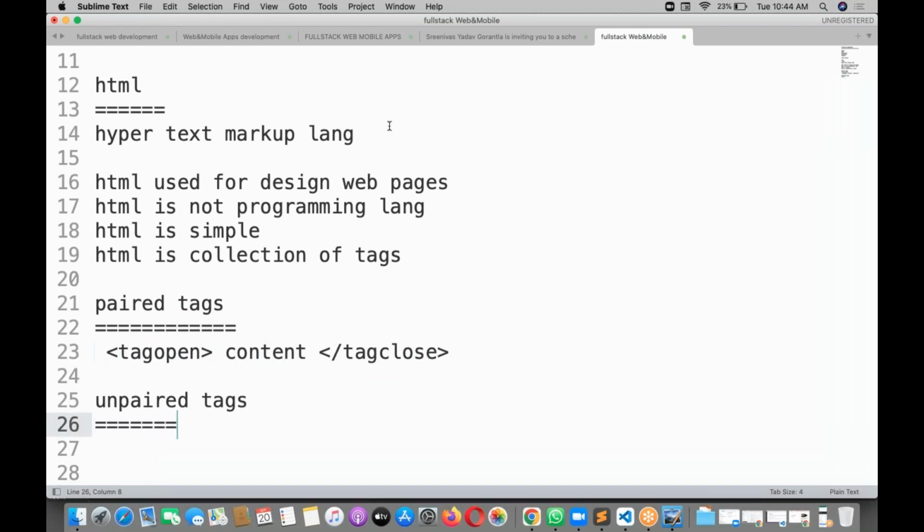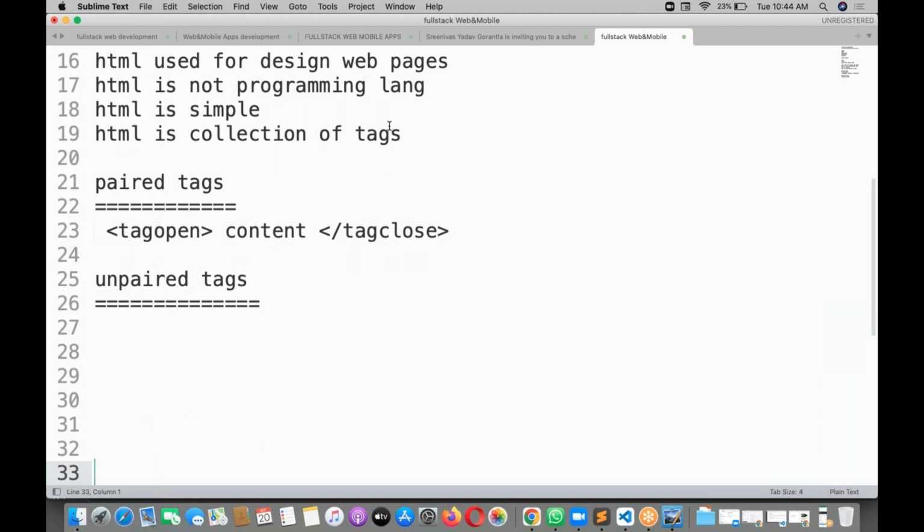There are some unpaired tags also available. What are the different kinds of unpaired tags? I will tell you now. Something like a break tag, an HR tag, an IMG tag, a link tag. These are the different kinds of unpaired tags. And the paired tags? Something like paragraph, which is a paired tag, a UL tag, a table tag. Table is for creating tables and all.